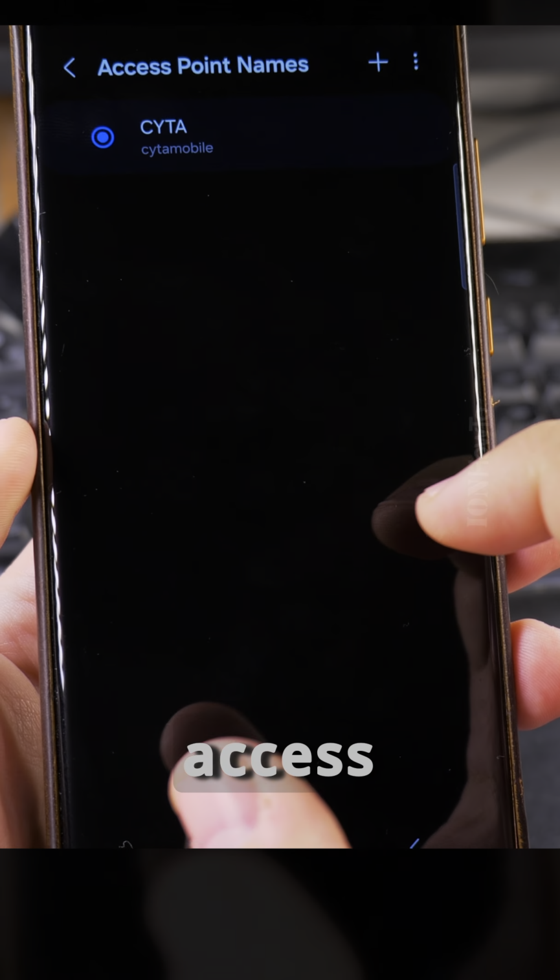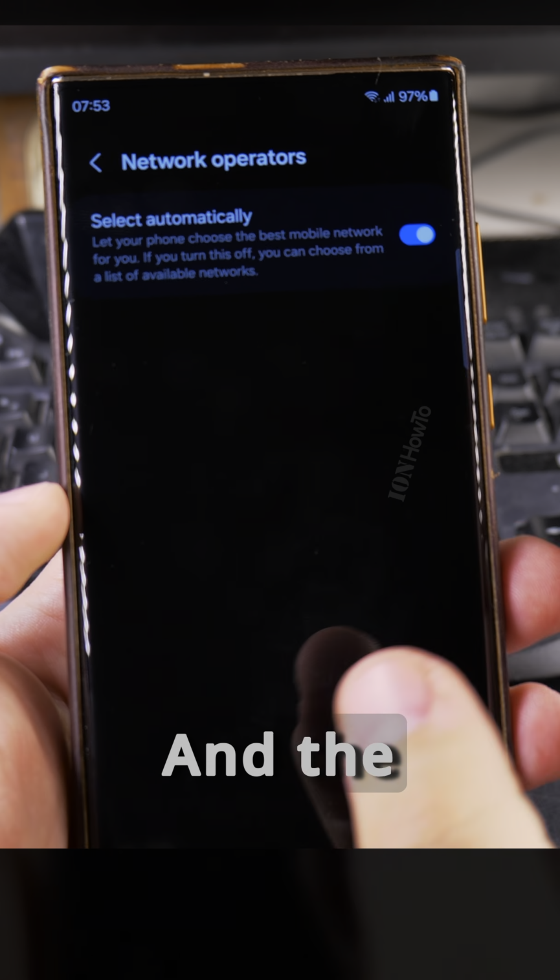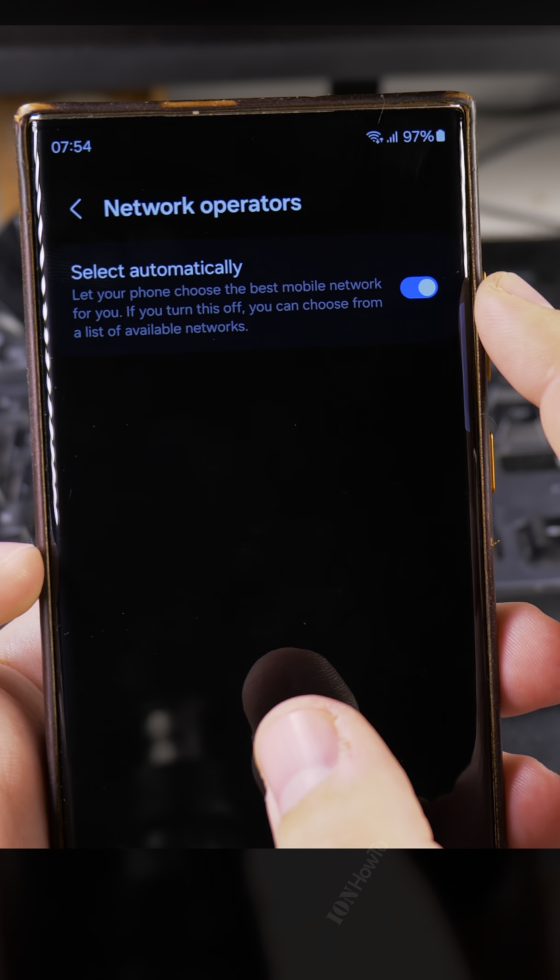And there are settings for access point names, but usually you don't need to change it anymore. And the network operators, you will set it automatically for your own network. If you are in roaming, you could